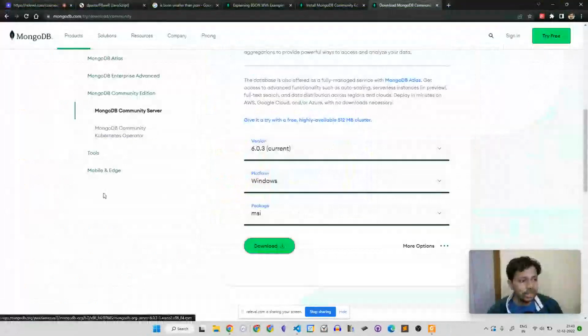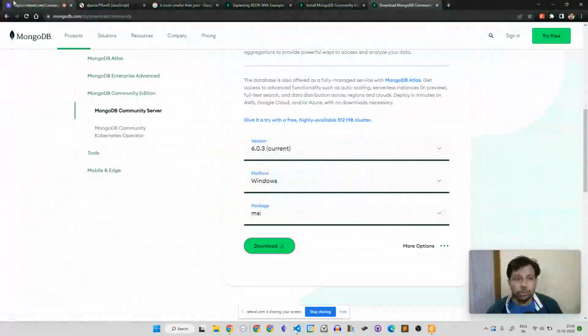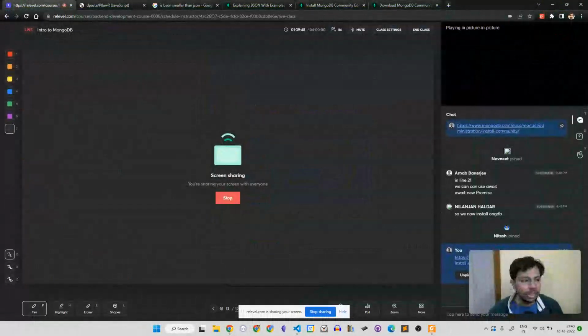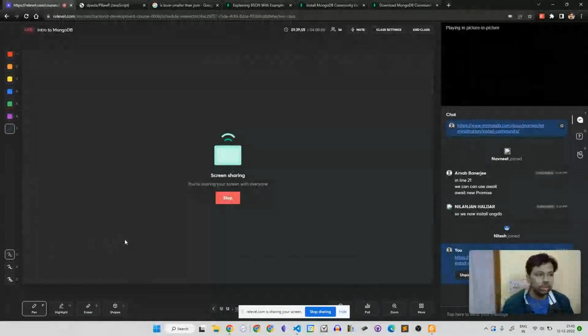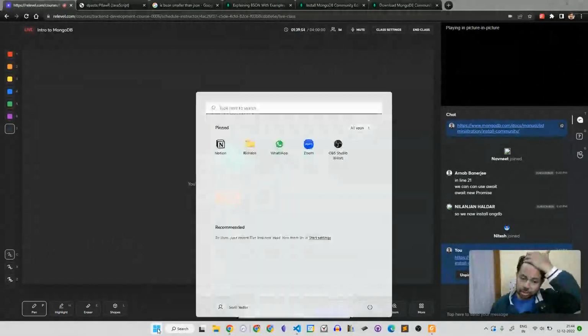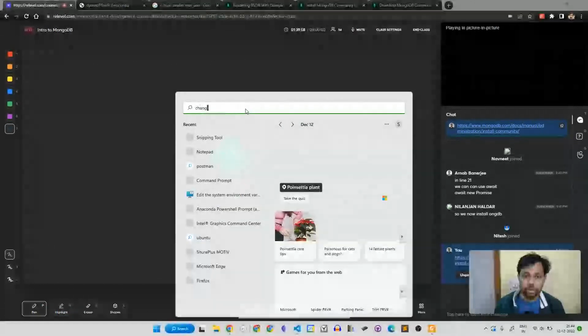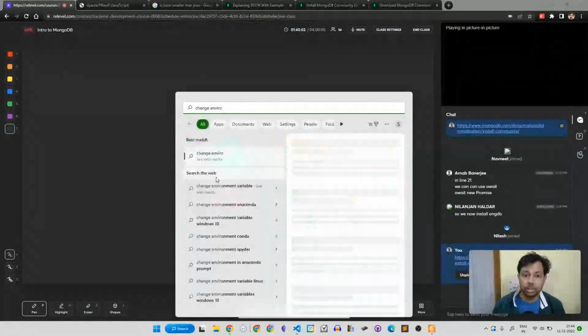Once MongoDB gets installed, you need to change the path variable in your Windows. So what you need to do is change environment variables.